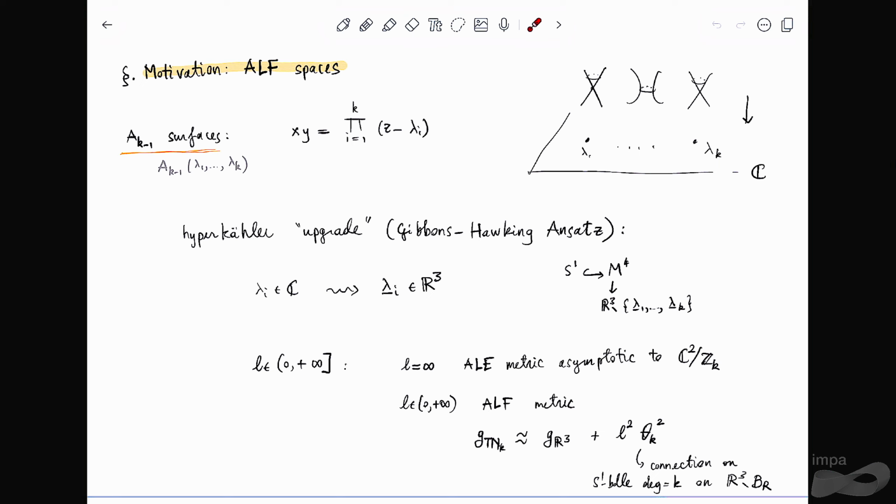And as Claude explained, in the Gibbons-Hawking ansatz we hyperkähler upgrade this picture, where